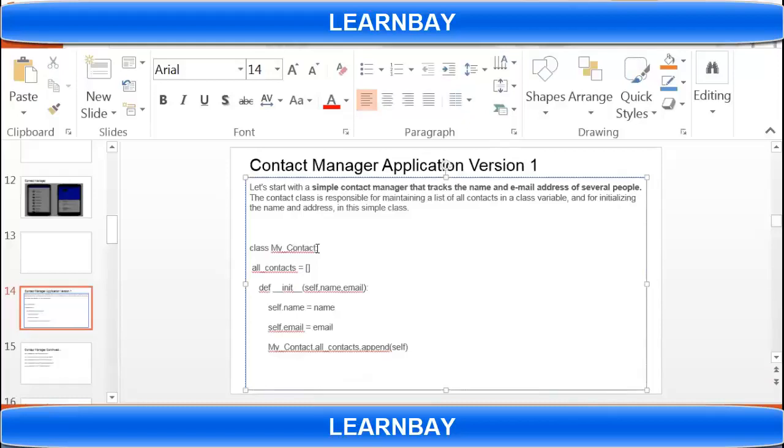But if you call that function by my contact, then what would self be? Because when we are calling any function, it is specific to the object we want to call it for. So let's say we want to print email and name for some object, let's say c1.